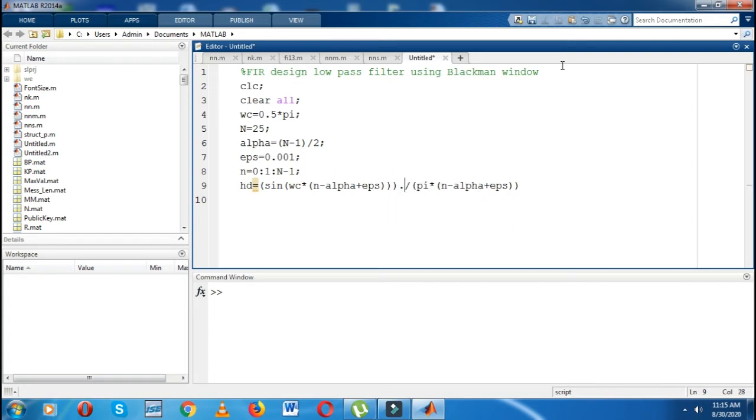In this division we have to take a dot, because sometimes in MATLAB we have to take a dot.